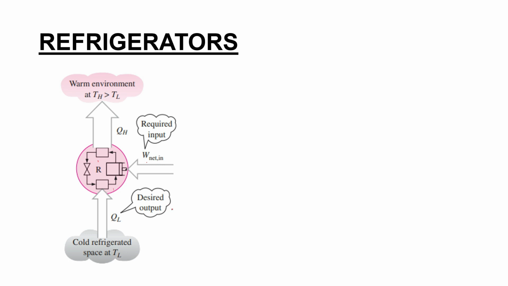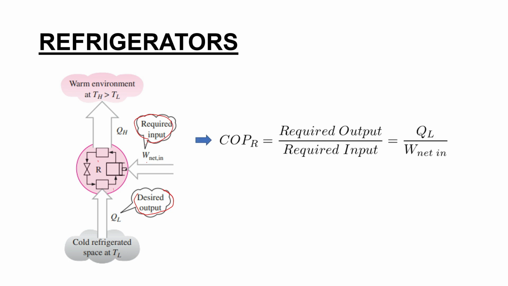Okay, so let us understand what is the desired output and required input. For a refrigerator we don't define efficiency; instead of efficiency we will determine something called COP. COP means coefficient of performance. And what is the definition of coefficient of performance? For an efficiency you have work output by heat input, but here what is the required output? Required output, as far as a refrigerator is concerned,